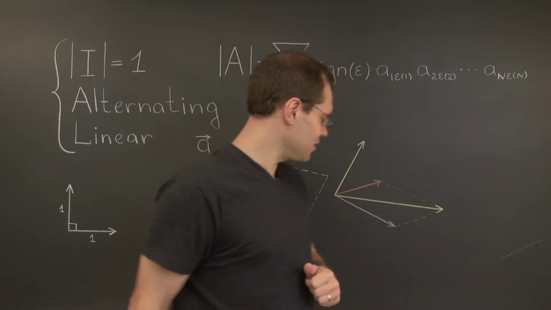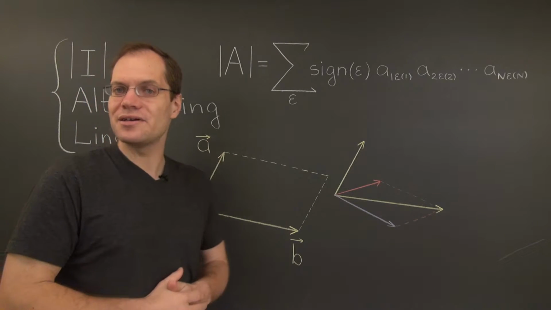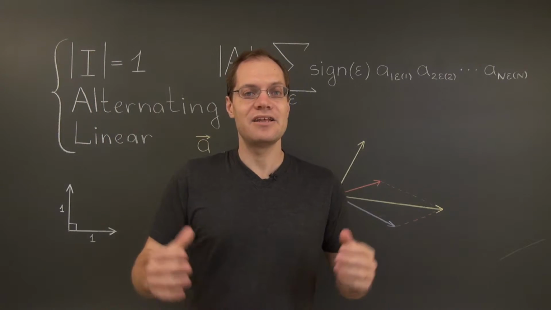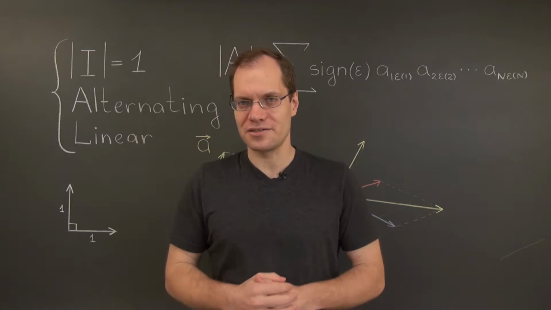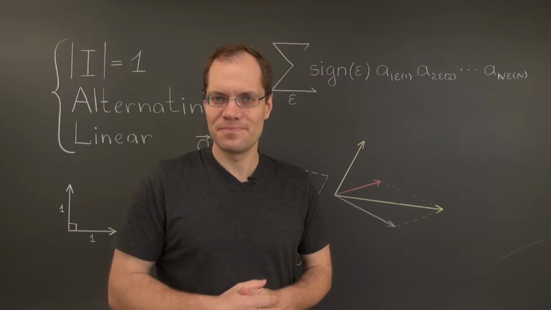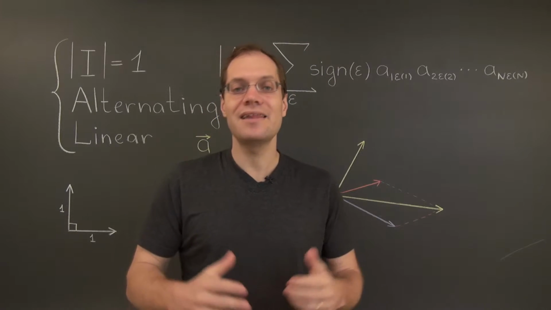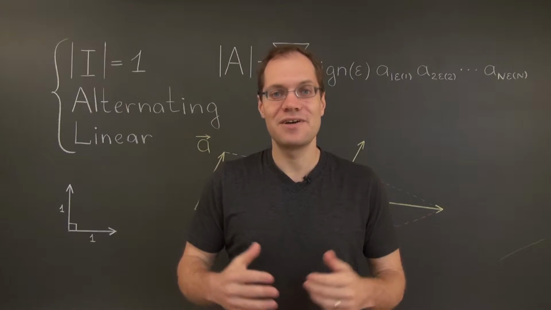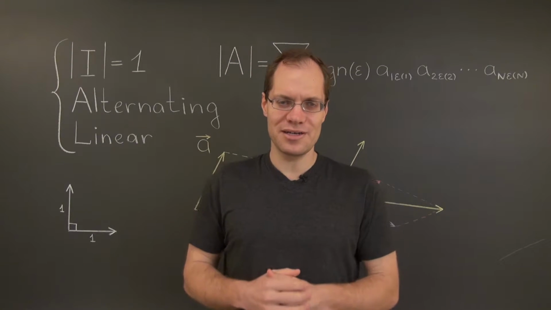The signed area of a parallelogram equals its conventional area in absolute value, and in order to determine the sign, you must decide on the order of the vectors. If the vectors come in the counterclockwise order, then the set is said to be positively oriented, and the area is positive. If the vectors come in the clockwise order, then the set is said to be negatively oriented, and